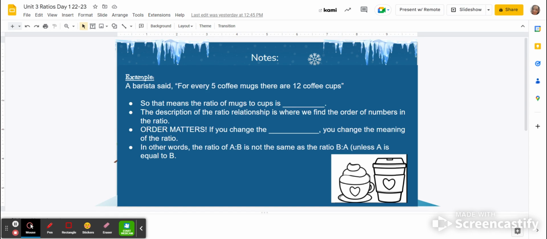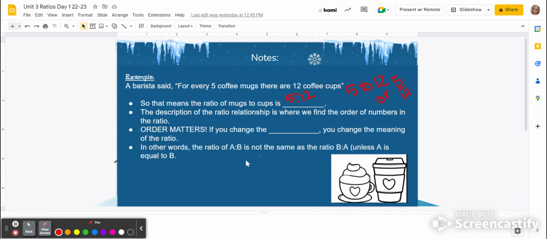For example, a barista said, for every 5 coffee mugs, there are 12 coffee cups. So that means the ratio of mugs to cups is 5 to 12. Now remember, I said we could write that three ways: 5 to 12, 5 to 12, or 5